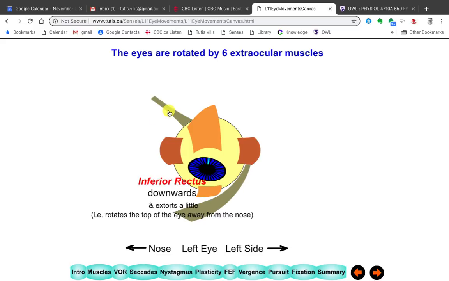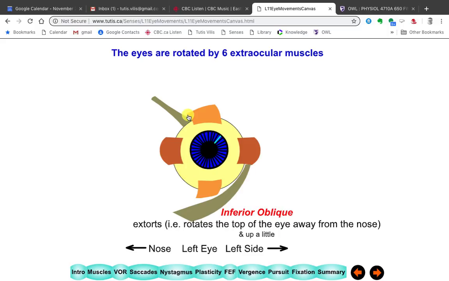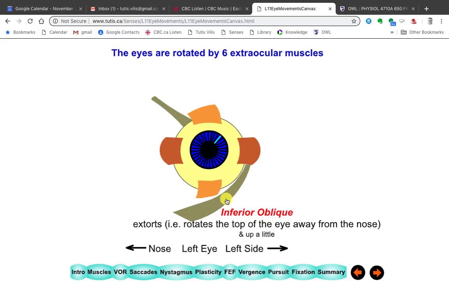The other muscles are the oblique eye muscles. There's one here, a superior one, that turns the eye mainly in this direction, towards the nose. So you can see that the whole globe rotates around. And this muscle here does the opposite. It turns the eye away from the nose. But notice they also have a vertical component. This one turns it down, and this one turns it up. Okay, so a little bit of